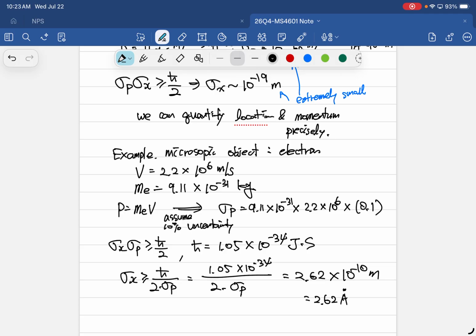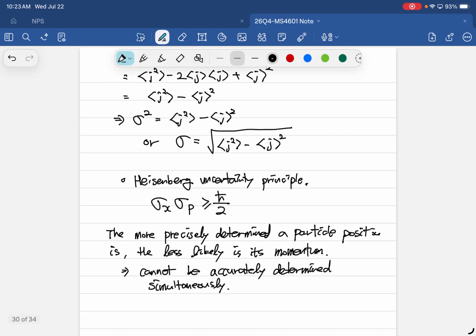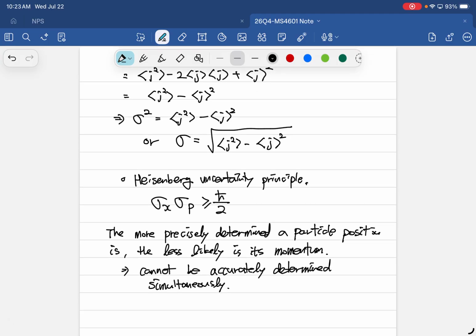Yes? Is that due to how we measure those things? It's not related to measurement technique. It's just a direct consequence of quantum mechanics, just following this Heisenberg uncertainty principle. So this is a principle, applied universally anywhere. It's a lengthy process to prove this one, but if you take this as a principle, and then apply this to